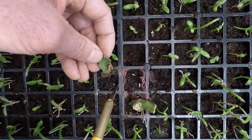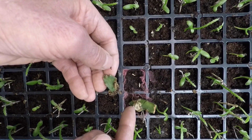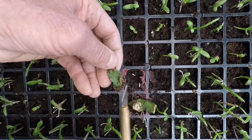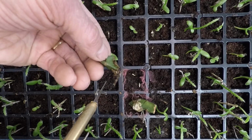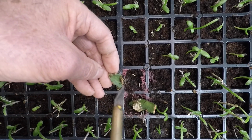This was a larger piece. Originally it was about this long. I planted it a little bit too deep, and it started to rot around the base, so I removed all the rot and replanted it. So this is a smaller cutting, but it's starting to grow roots, so I'm hopeful that this is going to